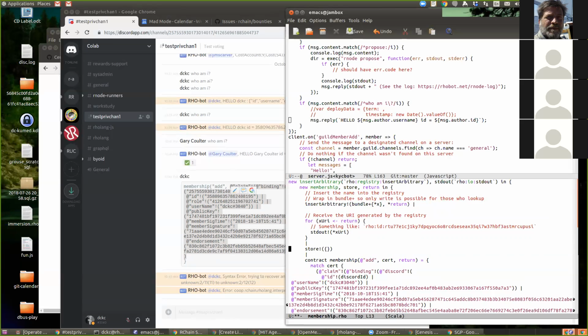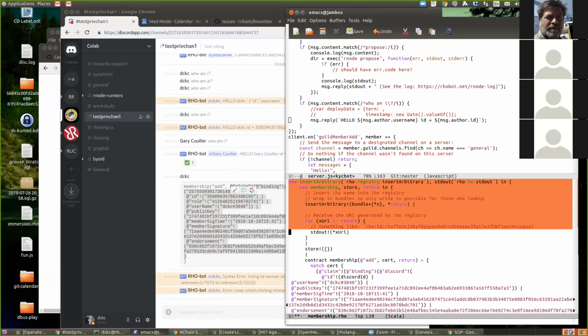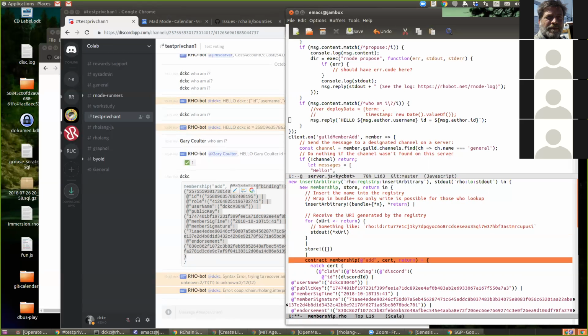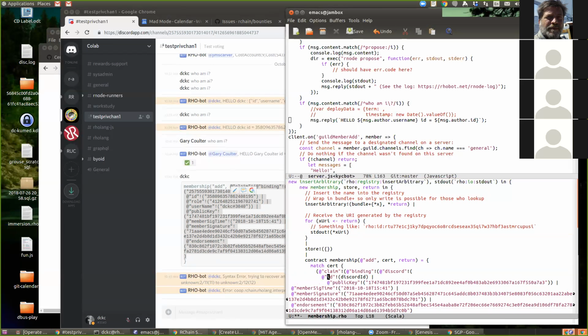I haven't defined any contracts above here. This is the first contract. Right, but it may not be the first person to type the who am I. The who am I is going to invoke this contract. We're going to run this whole file ahead of time. Okay. Thank you. That's what I didn't realize.